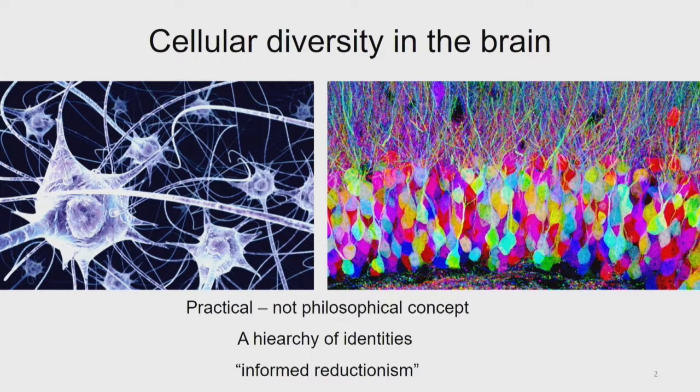Cellular diversity in the brain. I use these two images. This is something really central to what I'm interested in my lab. And if you're a neuroscientist and you manage to publish a reasonably cool paper and the public press takes any notice, you get one of these two pictures to illustrate what you've done. And I use them as an example for two different ways of seeing it.